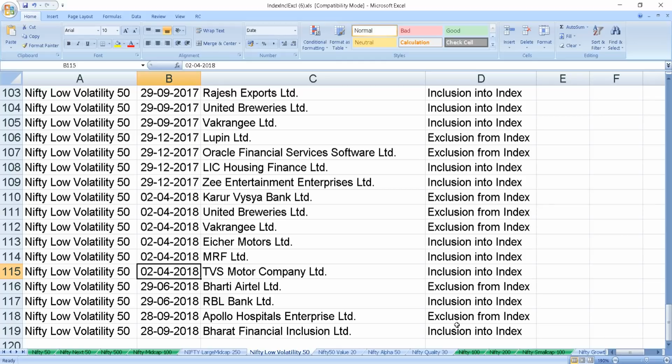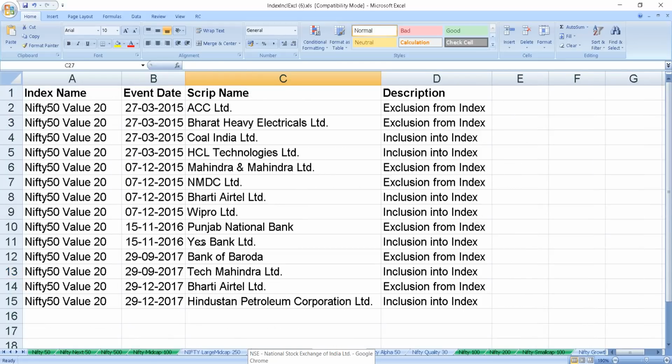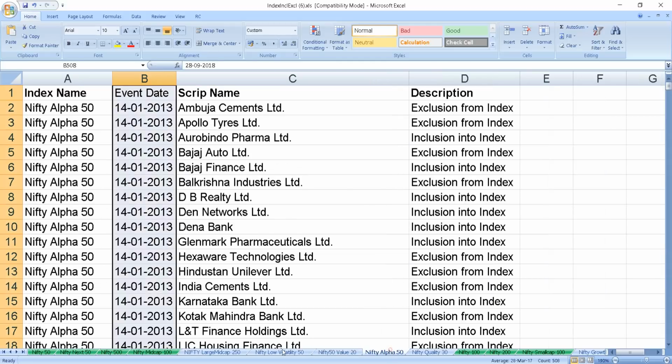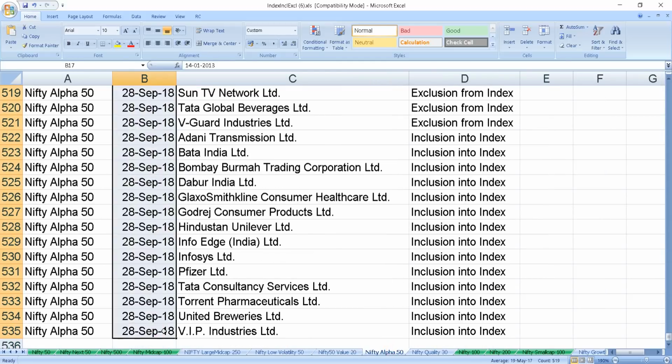The reason I'm making this video is that if you want to replicate this kind of index, for example, if you want to track Nifty Low Volatility 50, choose 10 stocks from that, then you can see that the changes are not so frequent. Nifty Low Volatility 50, Nifty 50 Alpha, Value 20. See, these are 20 value stocks from the Nifty 50. Again, here the change is not so much compared to the broad market indices, naturally, because they have a lot more stocks. But the point I'm trying to make is, if you try to track these strategy indices, again the Nifty Alpha 50, if you try to track them,